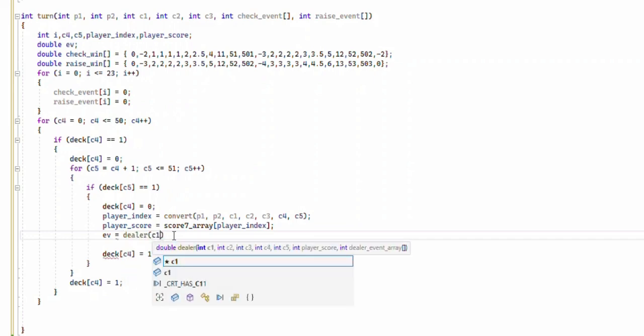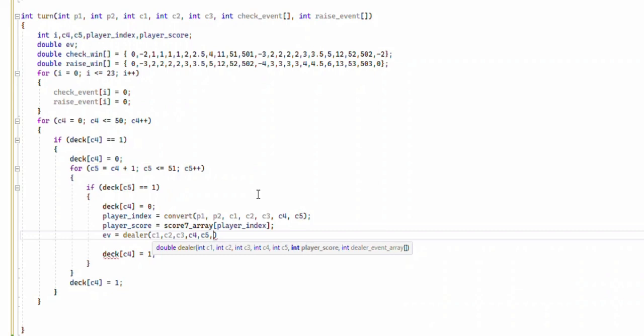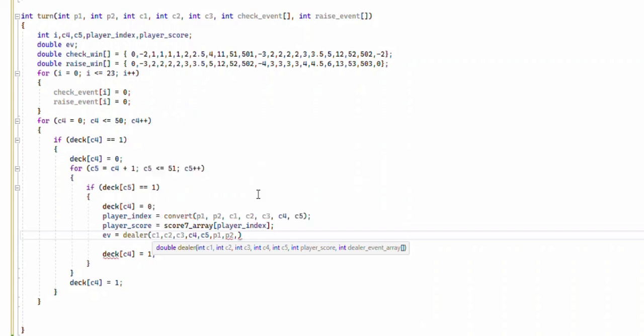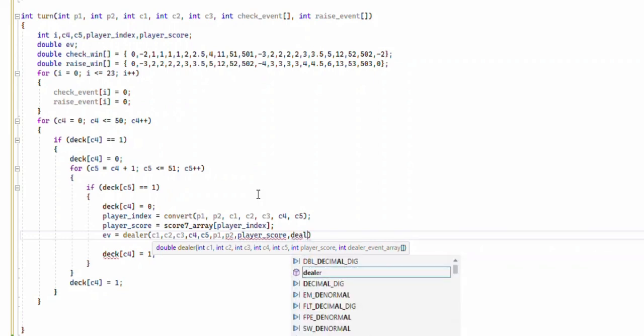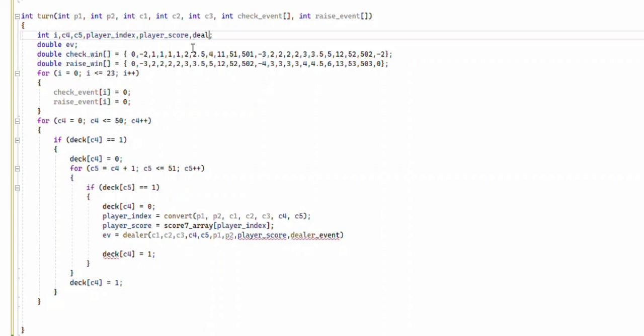So we're going to pass to that C1, C2, C3, C4, and C5, and P1 and P2, the player's hole cards, and the player's score, and we need that array called dealer event of all the ways the hand could play out once it's the dealer's turn. So let's declare that, and I believe that was a size 23,